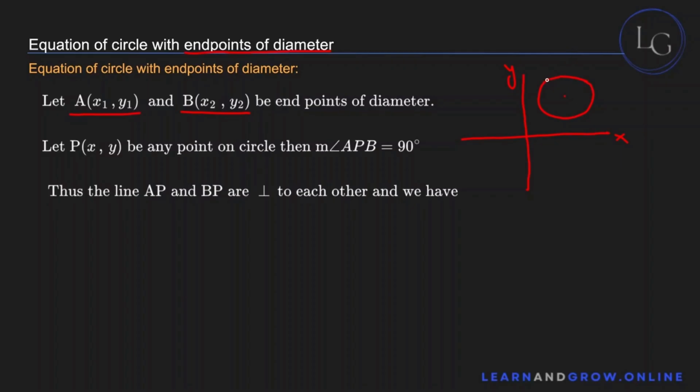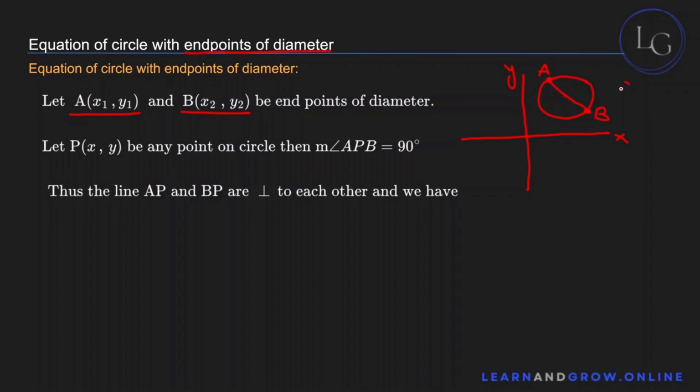And let's say you pick this point over here as A, and this point over here as B. And if you draw a line from A to B, it cuts the circle into two equal halves,